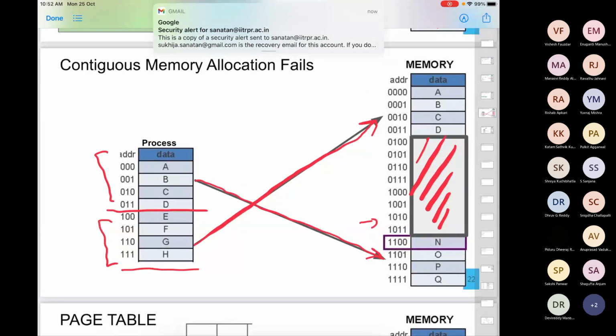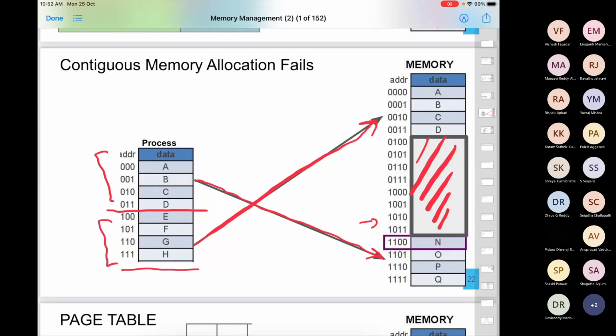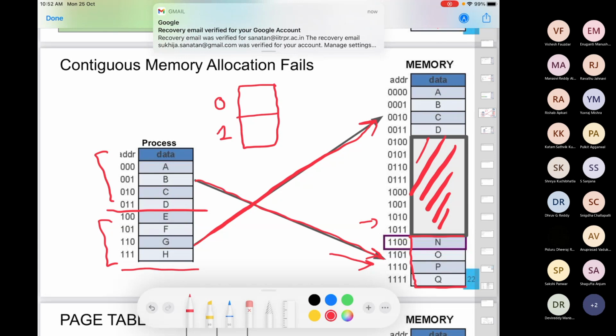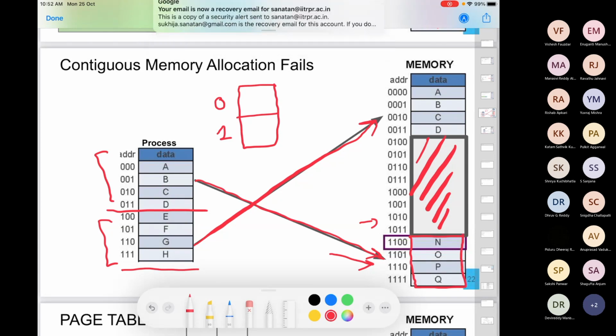So I just need to see for each page in the process where it is sitting in the main memory. In this particular case, I have to see where page number 0 is going to sit, where page number 1 is going to sit. Page number 0 is going here, right? So what is the frame number? So this is my frame, right? So what is the frame number here?